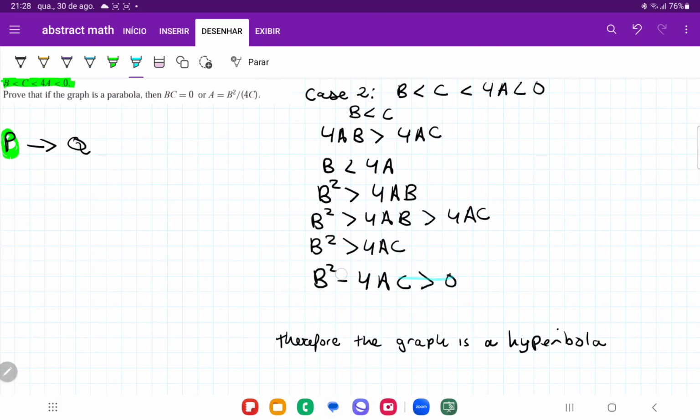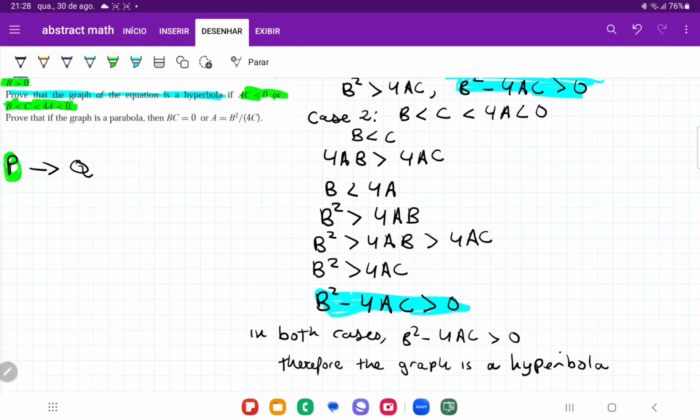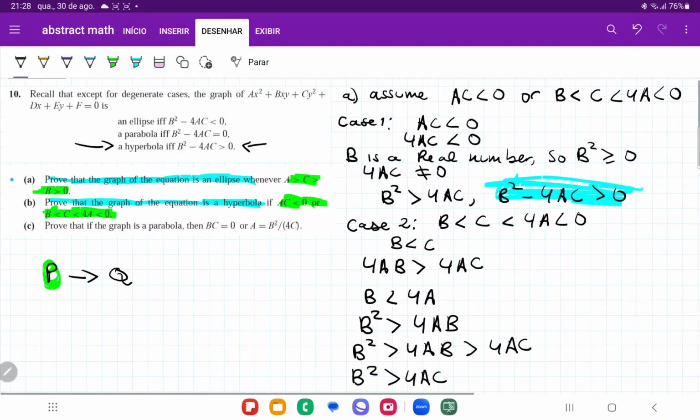And in case 2, I have that B squared minus 4AC is greater than or equal to 0. So we can say that in both cases, B squared minus 4AC is greater than 0, and therefore the graph is a hyperbola because it meets this criteria here, right, of the third line. And so I've shown that with cases, no matter what, it's always going to get to B squared minus 4AC is greater than 0, and that is it for